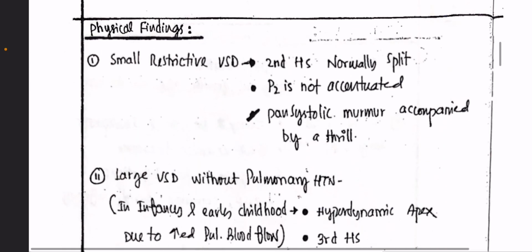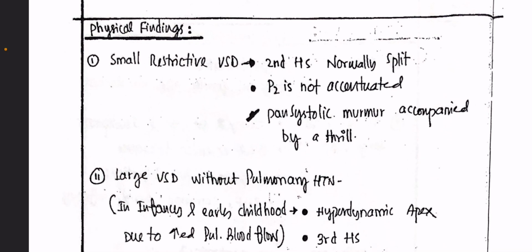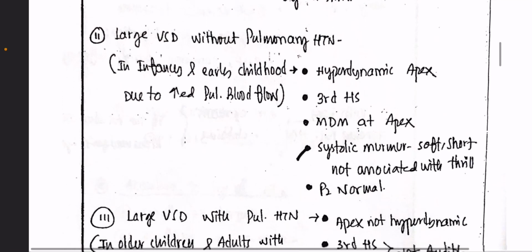Now, physical findings of VSD. Small restrictive VSD: second heart sound normally split, P2 is not accentuated, there is a pansystolic murmur accompanied by a thrill. In case of large VSD without pulmonary hypertension, in infancy and early childhood, due to increased pulmonary blood flow, there is a hyperdynamic apex, third heart sound due to volume overload, mid-diastolic murmur at the apex,